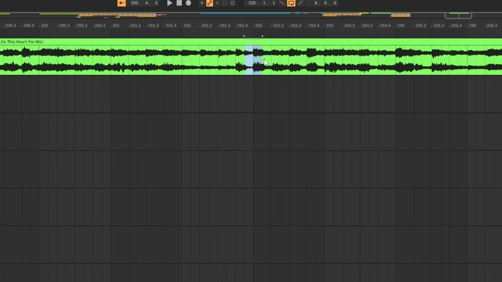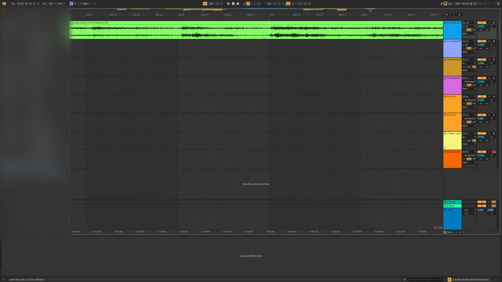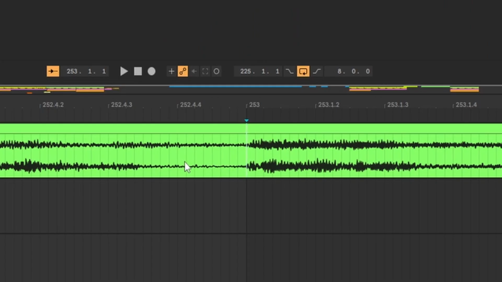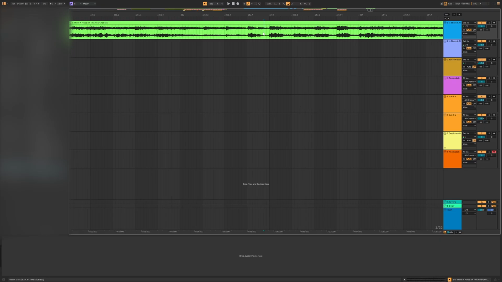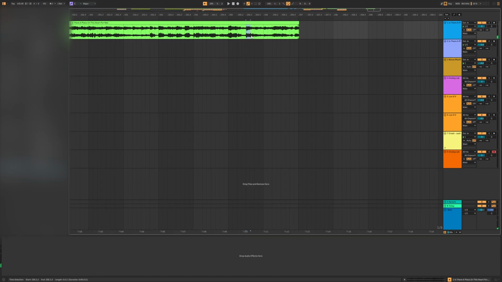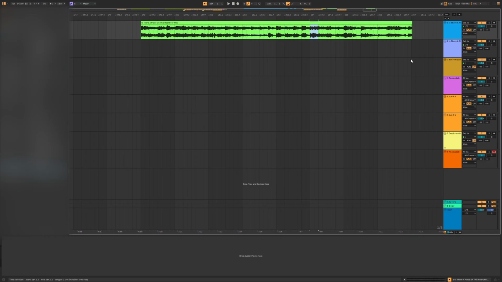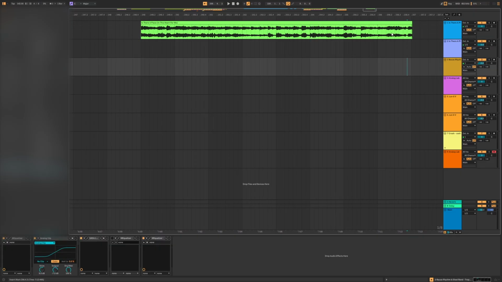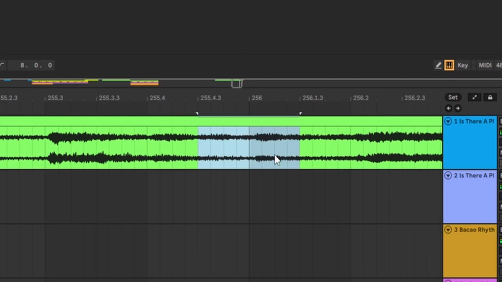So we can see that there is a spike here. This is what's called a transient when we go from a low amplitude of a wave to a big amplitude. So this is a transient because there is a jump. So it's pretty much on the grid. We can see here we have a jump. This is probably a snare. Yeah, so there's a jump here. There is a jump here. We can see a jump there. So it pretty much matches our grid, but we can see that there is also a transient which is a